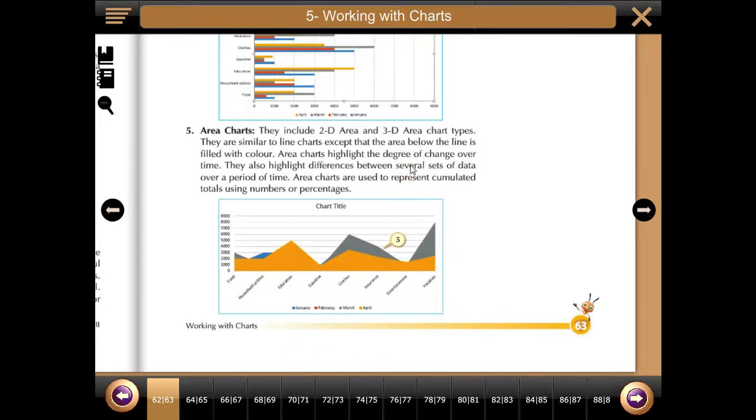If you want to show the change in data over a period of time, that highlighting you can show graphically. The area chart is used to represent your cumulative totals. Cumulative totals means your percentages and numbers that you can show by using this area chart. Let us do the practical, the area chart.